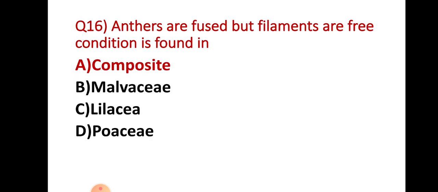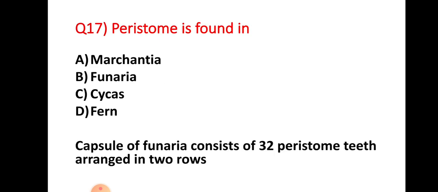Now question number 16. Anthers are fused but filaments are free. Such condition is found in composite type of androecium, and option choice A is the right answer for question number 16. Now question number 17. Peristome is found in